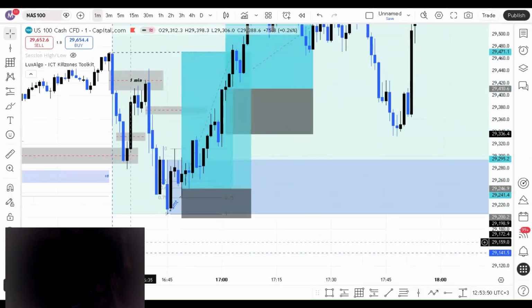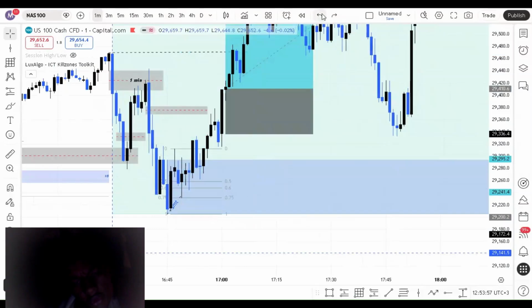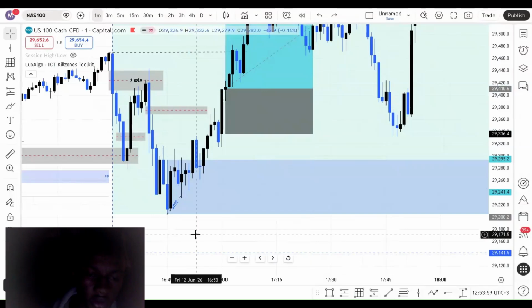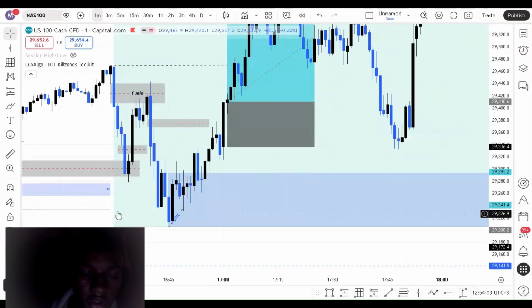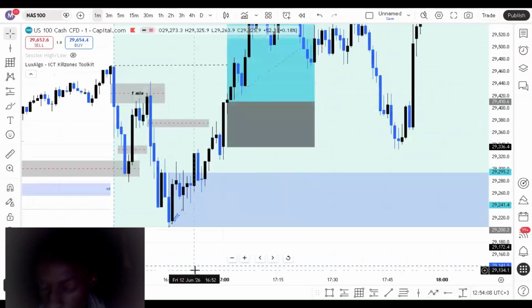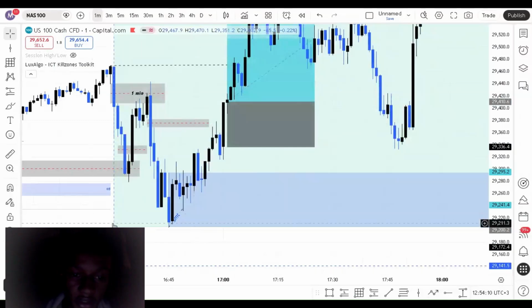On this trade, I didn't find it to be good, so I had to wait for the market to close above this fair value gap in the Nasdaq, but on SP 500,